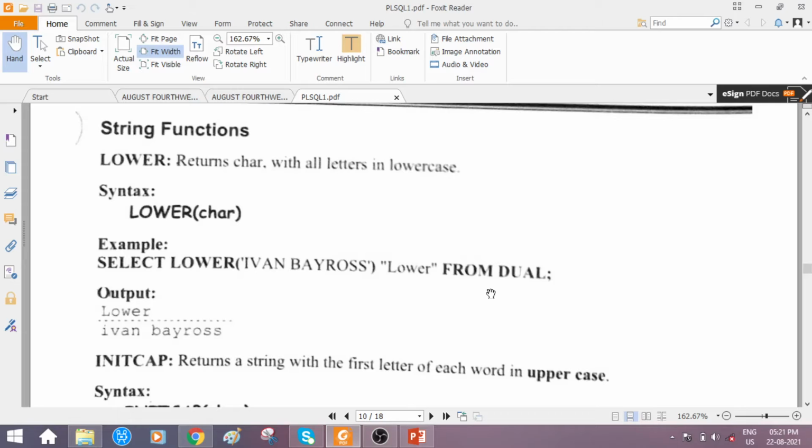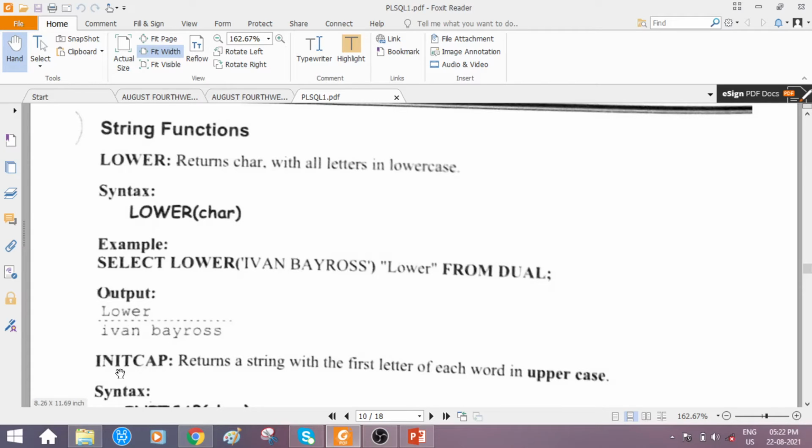We are using the dummy table provided by Oracle: from clause followed by the dual table name. The output will be observed here. We are providing a new column heading, lower, and the conversion of this character you find below.